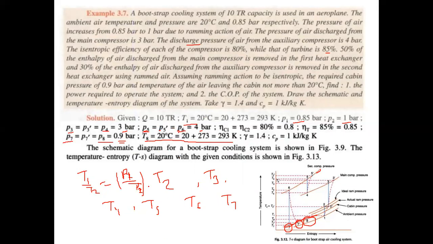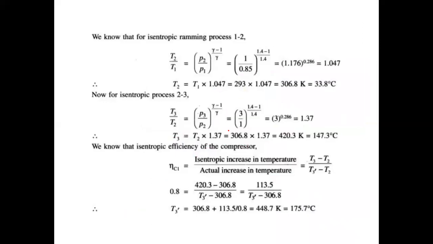अब जब आप ये वैल्यूज निकालोगे तो यू हैव टू फाइंड आउट द एक्चुअल सिस्टम एनालिसिस। मीन्स आपने देखा होगा कि यहाँ पे जनरली रैम्ड एयर में जरूरत नहीं पड़ती है। अब यहाँ पे आपको T3 डैश की वैल्यू निकालनी है, T5 डैश की वैल्यू निकालनी है और T7 डैश की वैल्यू निकालनी है। तो इस जगह पे अब आपको इफिशिएंसी वर्ड का यूज़ करना पड़ेगा। तो आपको याद होगा कि इफिशिएंसी के टर्म्स में आप क्या करते थे, तो आइडियल अपॉन एक्चुअल लेते थे। तो आपके पास एफिशिएंसी है, आपके पास T3 की वैल्यू है, आपके पास T2 की वैल्यू है, तो आप T3 डैश की वैल्यू फाइंड आउट कर सकते हैं।